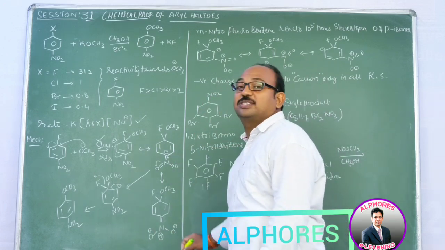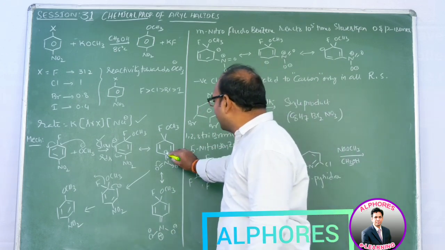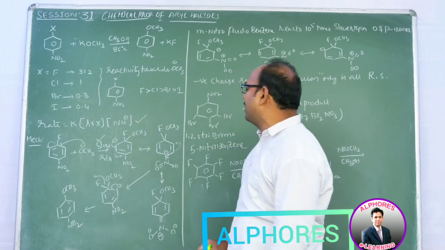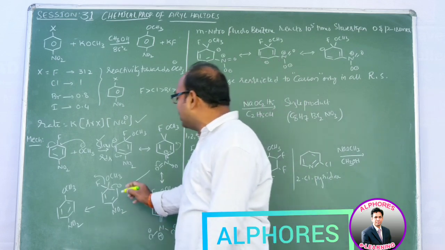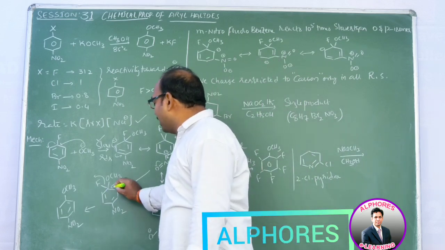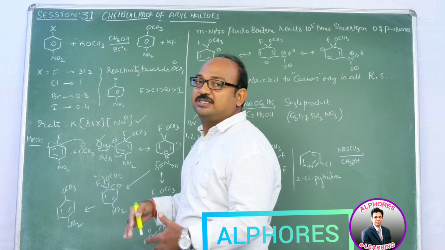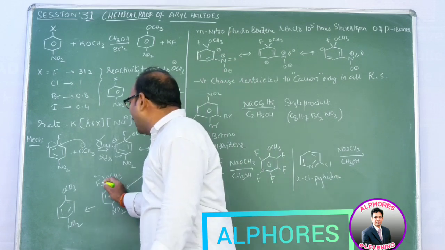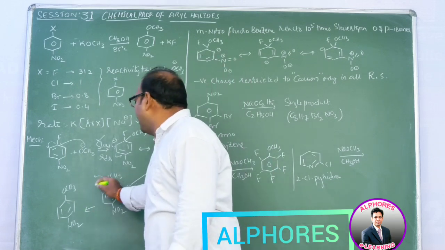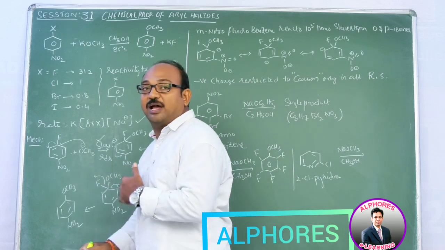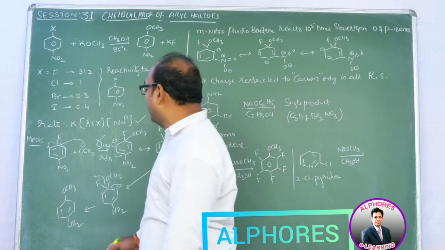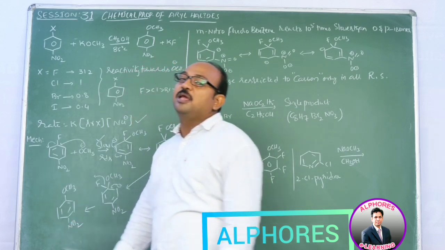Like this we get resonance structures, and beyond all that, if these electrons go like this and these electrons are shifted, this carbon gets the negative charge. Finally, whenever the ring regains its aromaticity, one group has to leave, either F or OCH3. Obviously F comes out along with its bond pair of electrons in the form of F minus, and then we get para